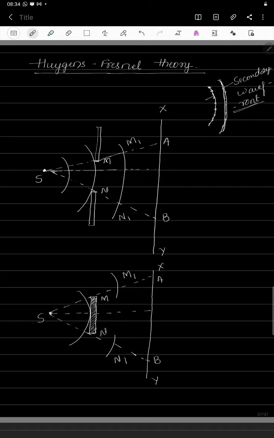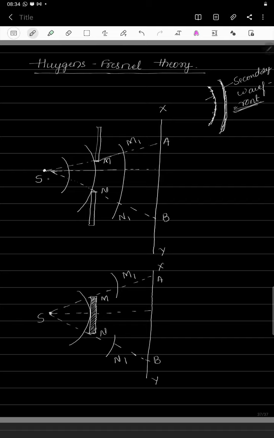So what is a wavefront? Already you know the basics. This is the locus of all the particles which are vibrating in the same phase, the path of the particles which are vibrating in the same state of vibration; that is called a wavefront. So from the primary wavefront you have the secondary wavefront. This is what the Huygens wave theory of light states: each progressive wave produces secondary waves, and the envelope of which forms the secondary wavefront. So look at the figure here.